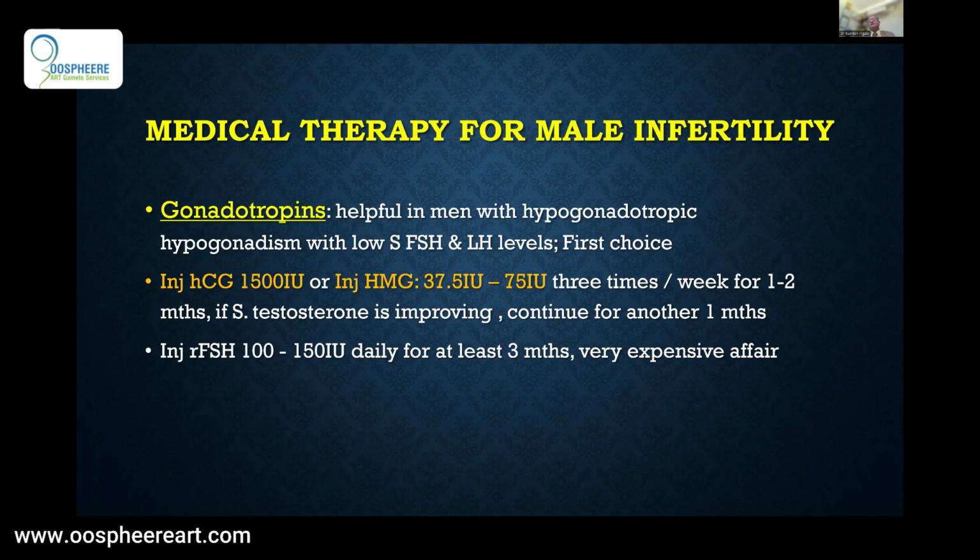Sometimes in a patient who has a very low FSH and low LH, you have to sensitize the seminiferous tubules with testosterone. So in this group of patients, you will give hCG 1500 IU 3 times a week for the first 2.5 months. Once you have good testosterone production, then you add HMG, because for normal spermatogenesis you also need good testosterone levels.